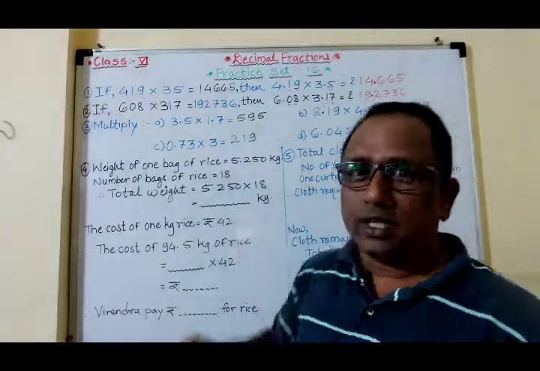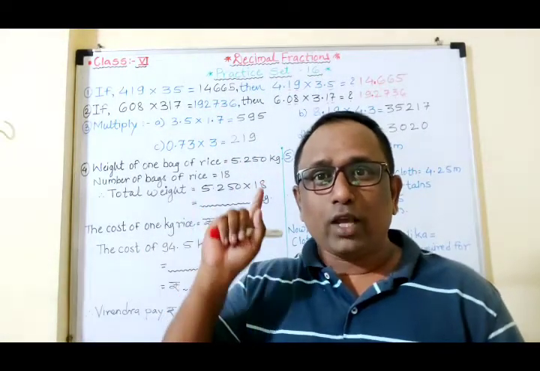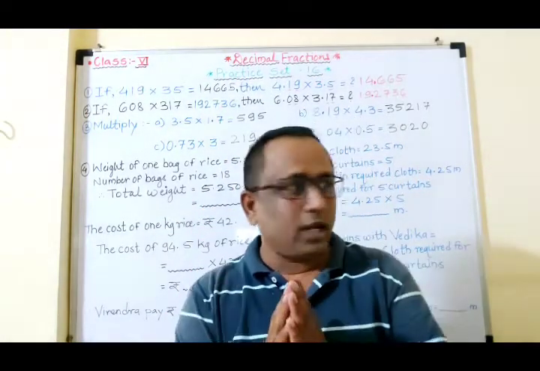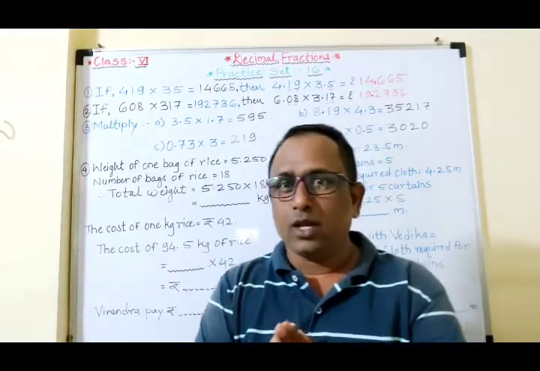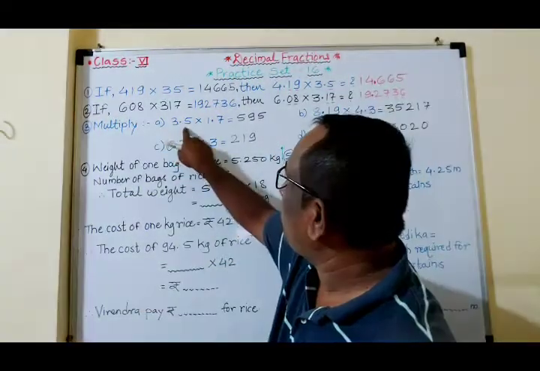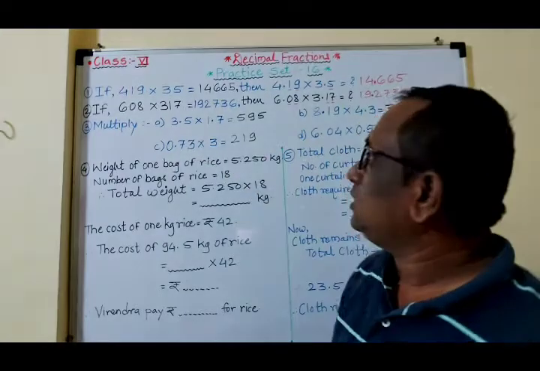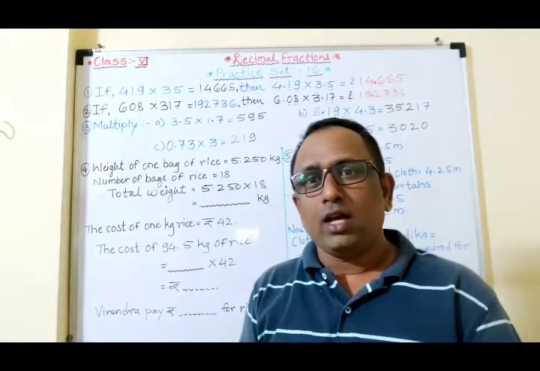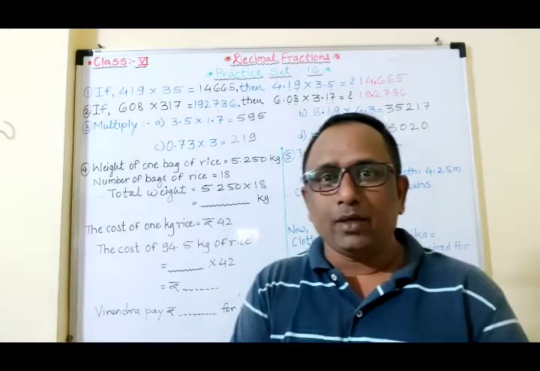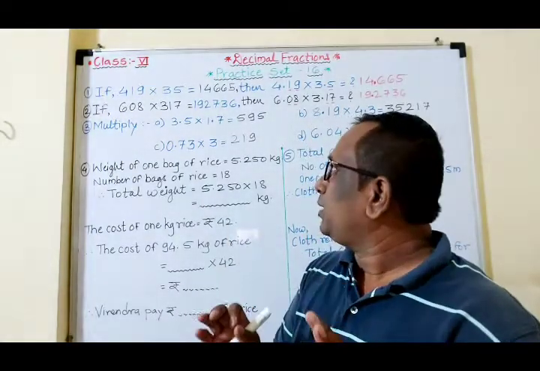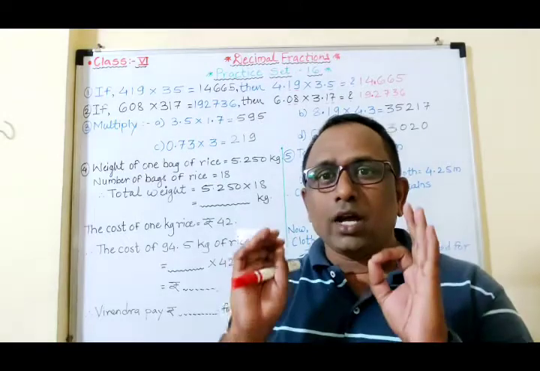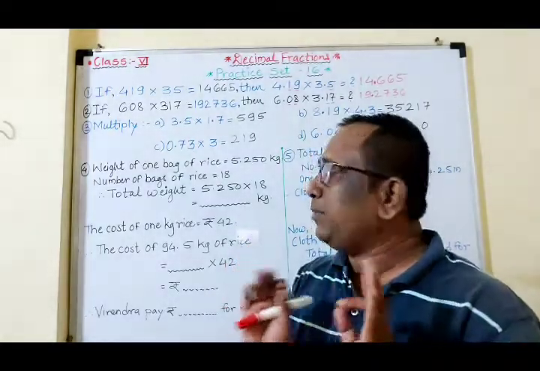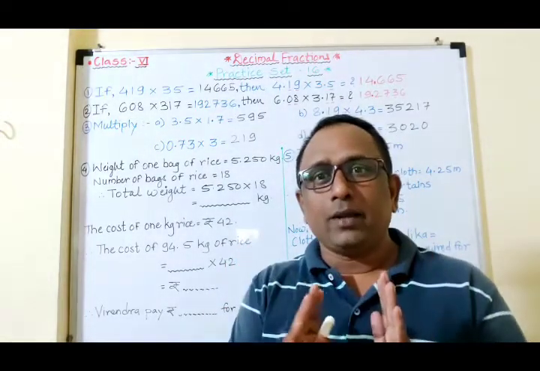I wrote the answers here, but you have to solve; you have to actually do the multiplication. Here I will tell you the simplest way to multiply. First is 3.5 multiplied by 1.7. Here students, what you have to do is the simplest way. There is a second method also; after this I will explain the second method. The best or simplest method is to remove the decimal point and do the multiplication.